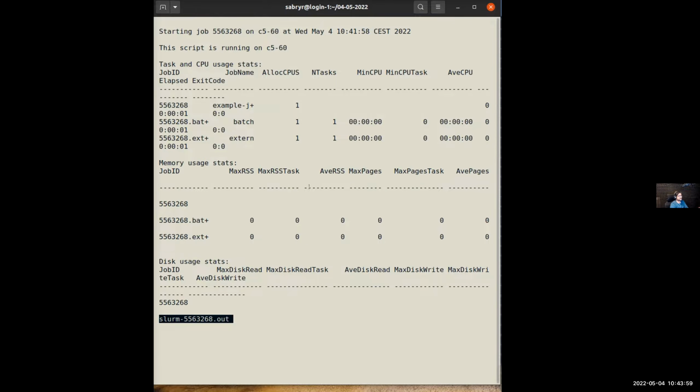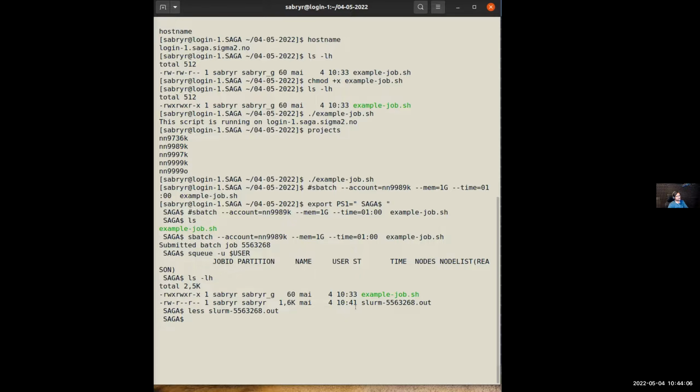So this is the log file. When you open it with less, Q, the letter Q on the keyboard, to come out. So that job is finished. It ran. It didn't print login node, so that is how it was sent to the compute node instead of the login node.